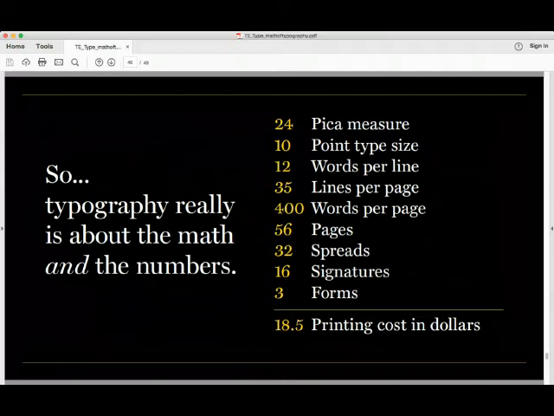this is how we calculated pages from the beginning, with character size, word count, number of forms, and arrived at estimated printing costs for this particular report. So we can use math as a starting point straight from the type. And again, a variable is the typeface itself. You saw us going back and forth between typefaces to see what the sweet spot might be.